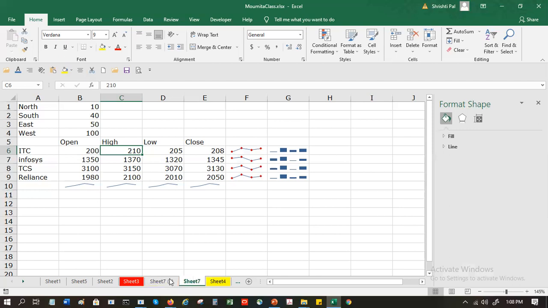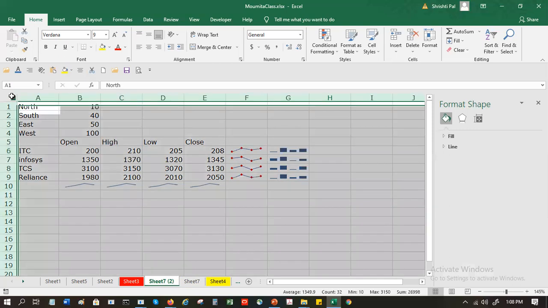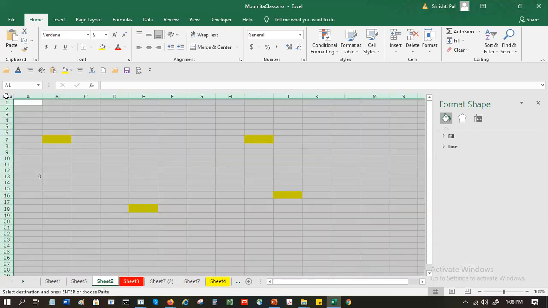So this is a copy of Sheet7. Or if I would like to copy Sheet7 to Sheet8 or Sheet3, that I can also do. In that case, I would click on this corner here, copy this, go to Sheet2 and paste it on that.